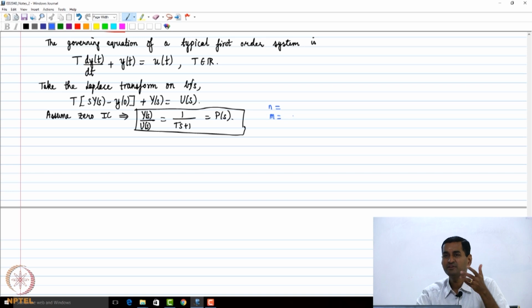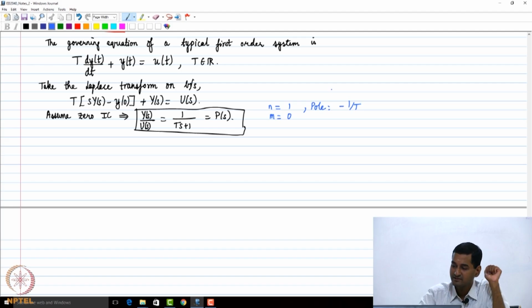I just want you to develop these things as a habit, so that whenever you are doing this analysis, you should write all these things down, whether they are relevant or not. In some cases m may be 0, but that shouldn't prevent you from writing the value of m. So, what are the values of n and m here? n is 1, m is 0. So, we have a pole at minus 1 over capital T. Ts plus 1 equals 0, so you need to solve Ts plus 1 equals 0, s equals minus 1 by capital T. As far as zeros are concerned,